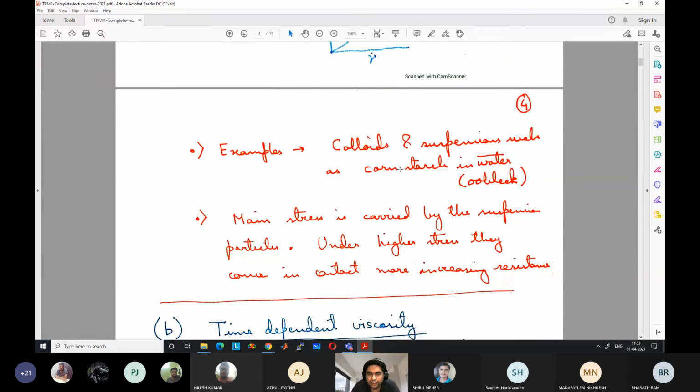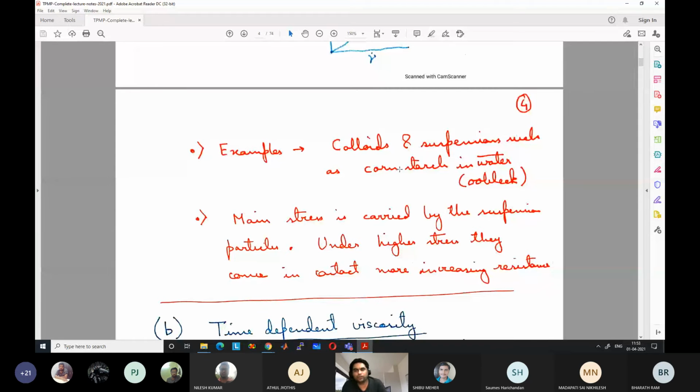Similarly, when he is standing on this cornstarch solution, his feet will get dipped in the solution. Gradually, you will just get immersed in that liquid. But if you jump on the liquid, it will be as if you are jumping on a solid. Your feet will not get wet. You can jump in and out of this as if you are jumping on a solid. If you throw a cricket ball at it at very high velocity, it will just bounce back. There are a lot of experiments which can be performed easily like this. But if you just put the ball there, it will sink in the liquid.